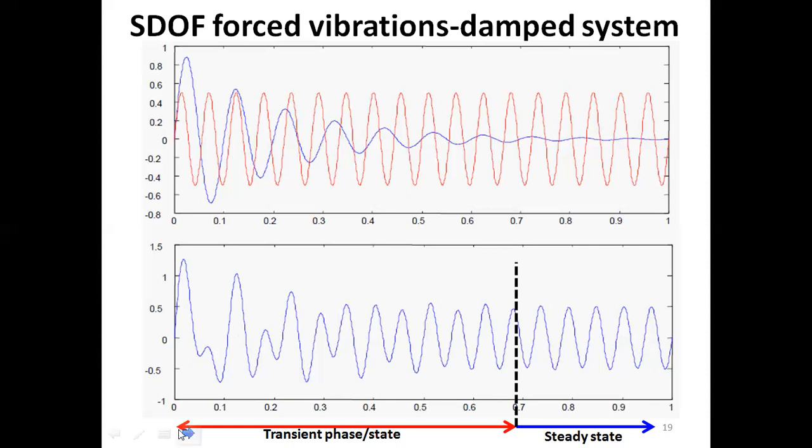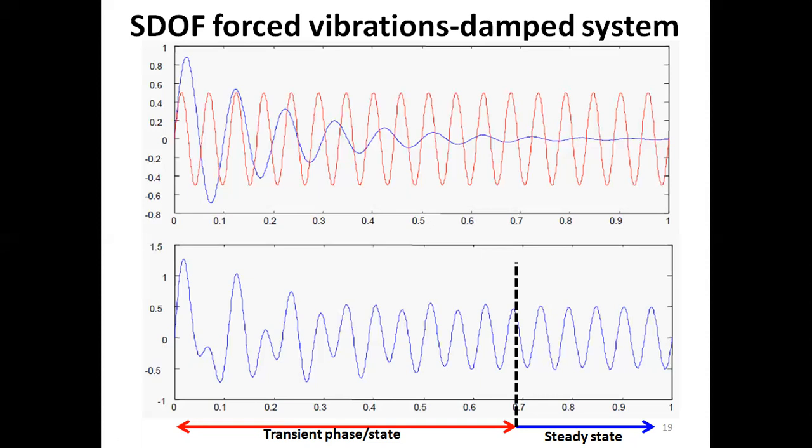This portion, in which there is the disturbance, is known as the transient phase or transient state, whereas this portion is known as the steady state or steady phase. So actually mathematics is telling us that in the beginning, as you start the system,